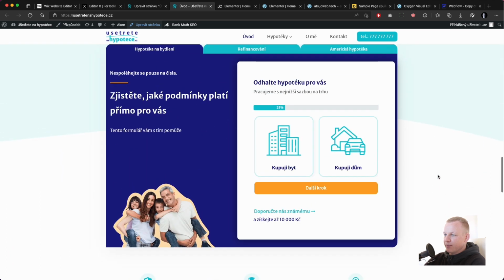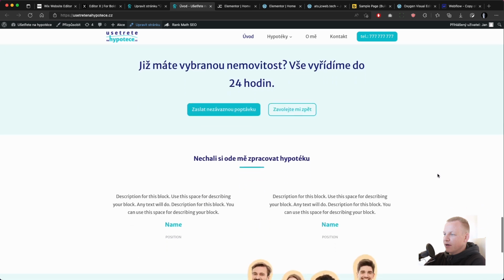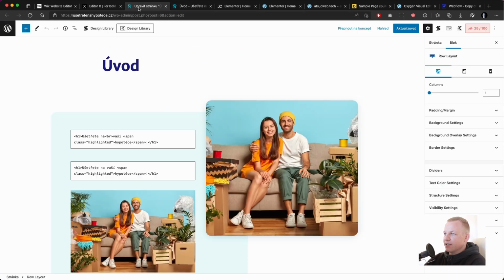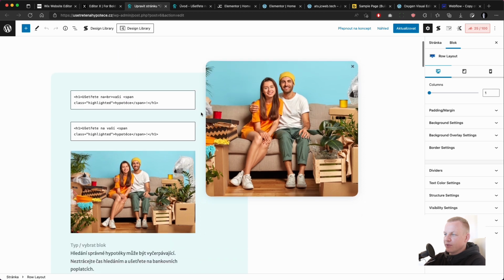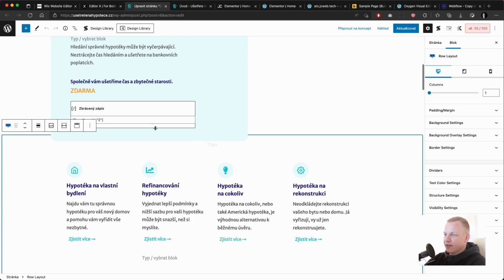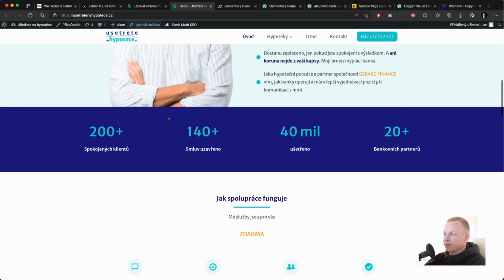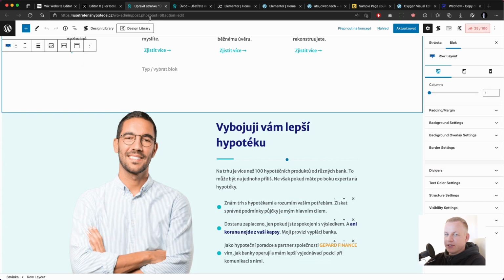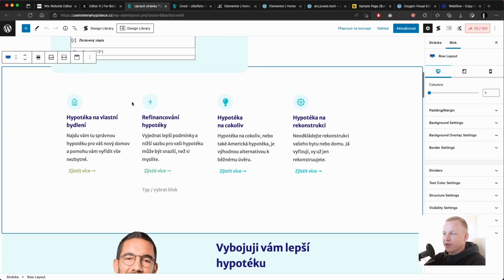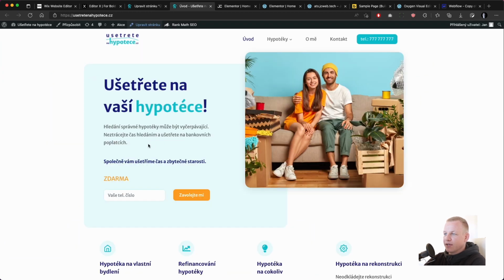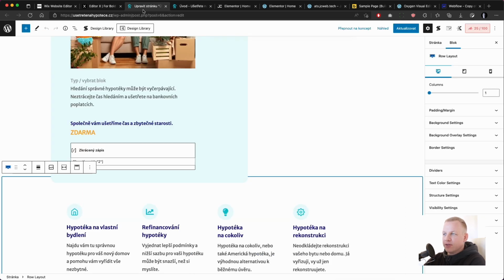It was not a completely bad experience, but the biggest downside of it is that some of those things look a little different in the editor. So when you are editing, sometimes you need to preview it, find out that something looks a little bit different, like for example here, and only then you go back, adjust it, and you're hoping that you will achieve on the front end what you are expecting. So it makes the process somewhat longer and more tedious, but the advantage of this tool is obviously that it's